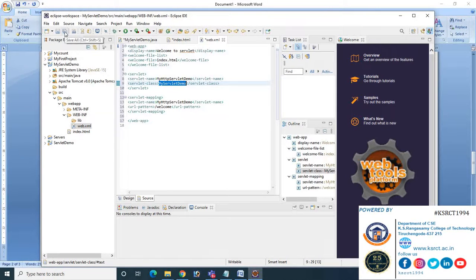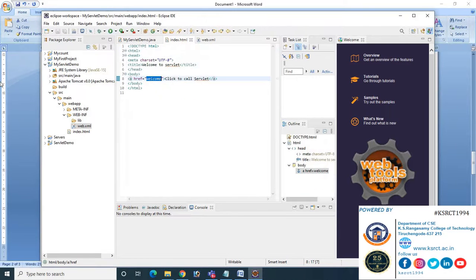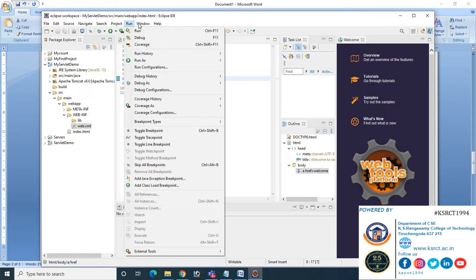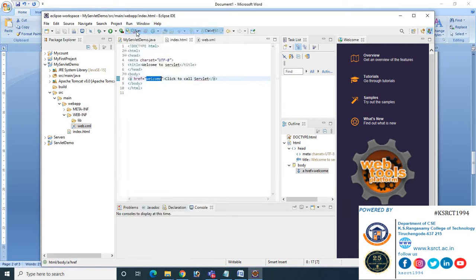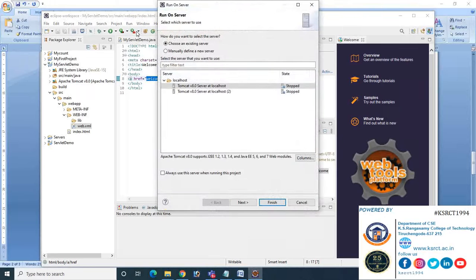So after that, let us perform save all and get into run. Let us run the program. The servlets, that is the server, are stopped.